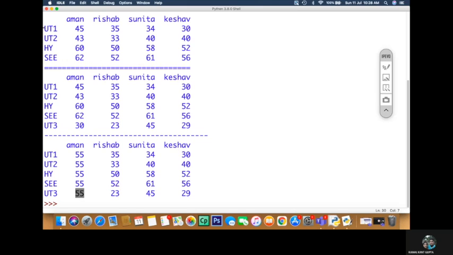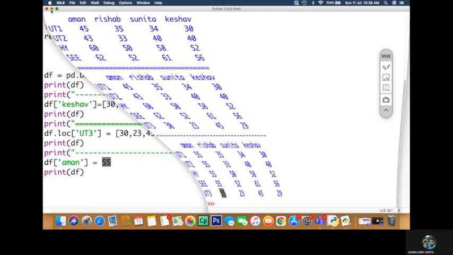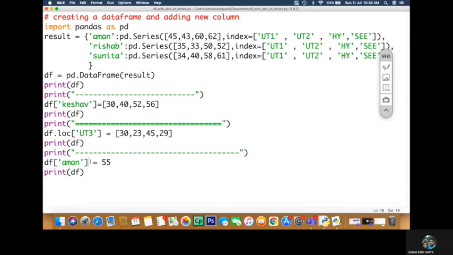So if you assign a single value to a particular column in a data frame, then all the rows under that column will be initialized with this value 55. So this has to be remembered.